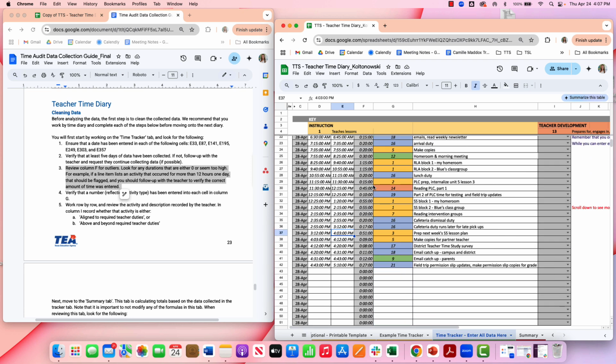Other things that you want to look out for are anything that just doesn't make logical sense. For example, if something's recorded as them spending 24 hours in one day leading instruction, clearly that was not recorded correctly. If you look at the start and end time and you can clearly see what was misentered, then you can fix that. But otherwise, I would just go and highlight it,